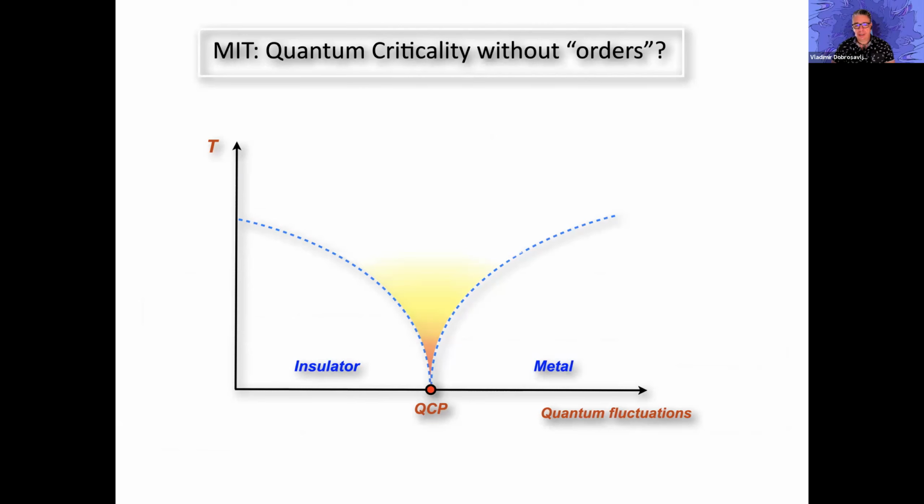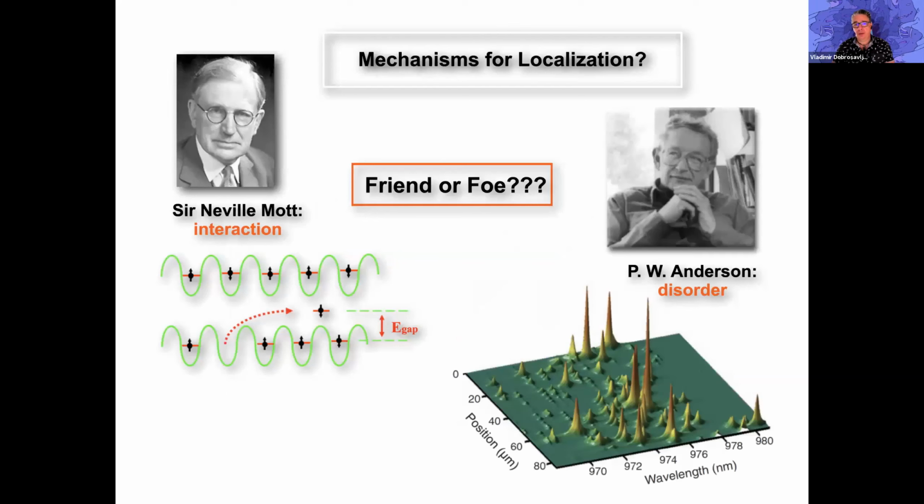I already mentioned in the previous presentation, where I gave a broad introduction, the metal-insulator transition as a sharp transition existing only at zero temperature. But as the temperature is increased, we can see the difference between the metal and insulator in its temperature dependence. There's an intermediate region which is similar to neither a metal nor an insulator, and that's the focus of the field of metal-insulator transitions: to understand the so-called quantum critical region around this kind of phase transition, in particular in systems without any magnetic or charge order or symmetry breaking, where the main physics is driven by two major effects that can stop the electrons from moving.